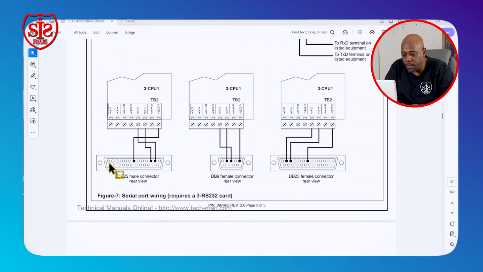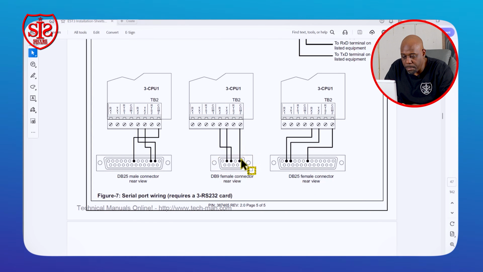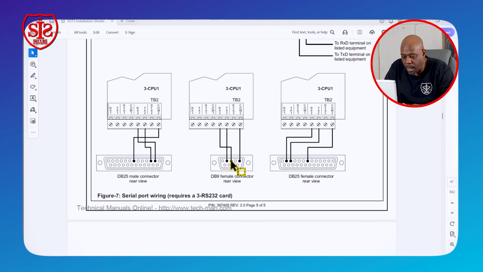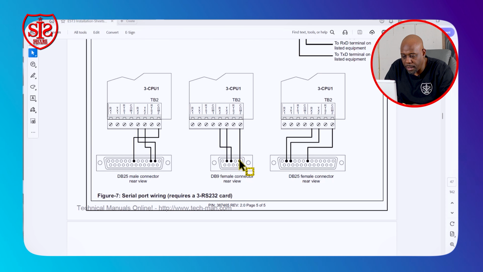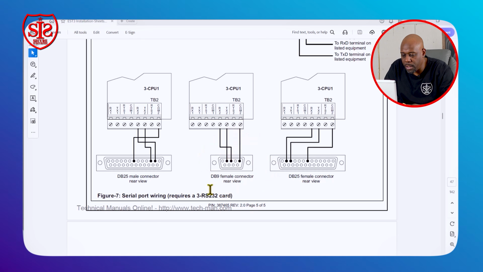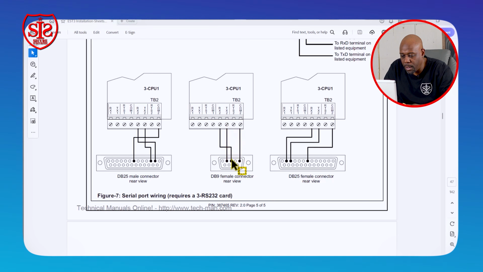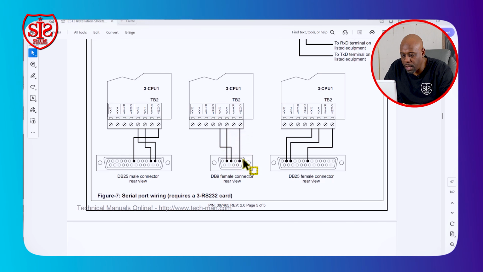And here's the pinout. If you have a DB9 connector, this is what we're using. Starting from pin 1, 2, 3, 4, 5, 6, 7, 8, 9. So 3, 5, and 9 will be the pinout for the 3 CPU if you're using a DB9 connector. The 3 will go to the transmit, the 5 will go to the receive, and the common will be the